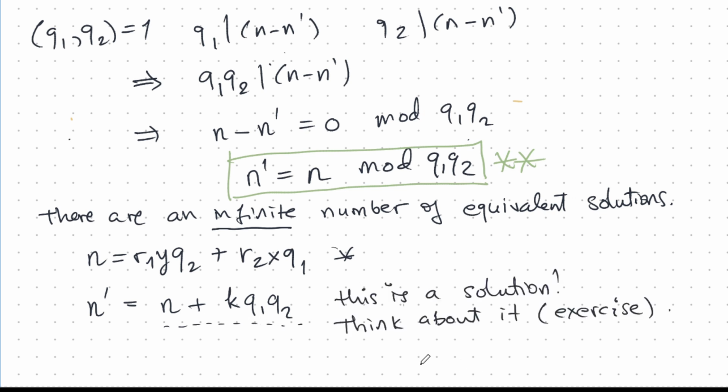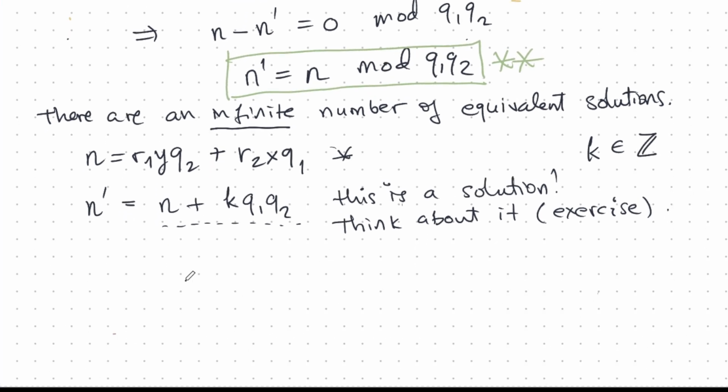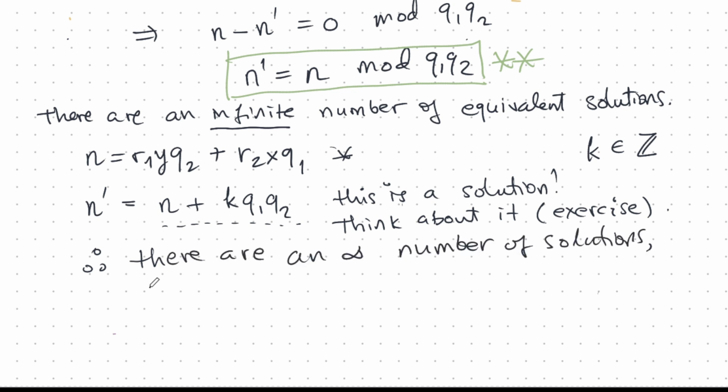So think about it. That's an exercise for you. Why is this a solution? With, I should add, k is any integer. Not a special integer, but any integer. This is good enough. And if this is true, then therefore there are an infinite number of these solutions. There are an infinite number of them, and they are all equivalent